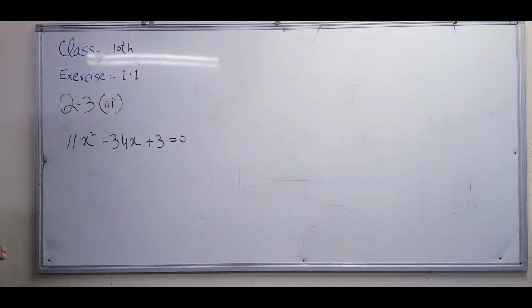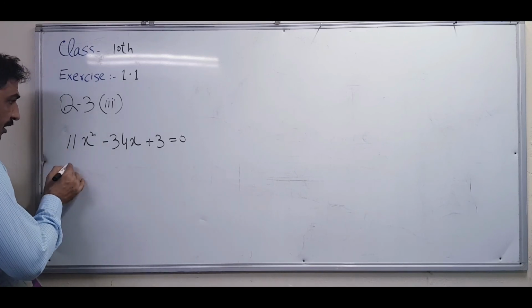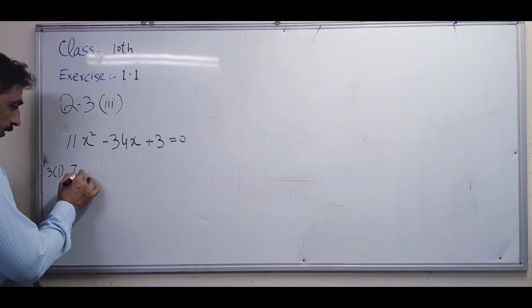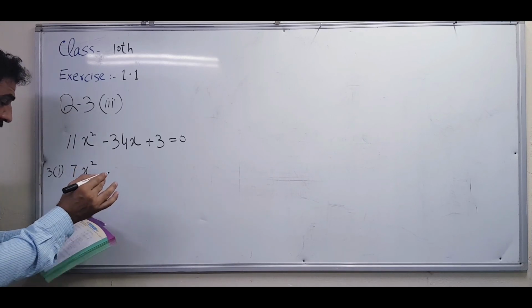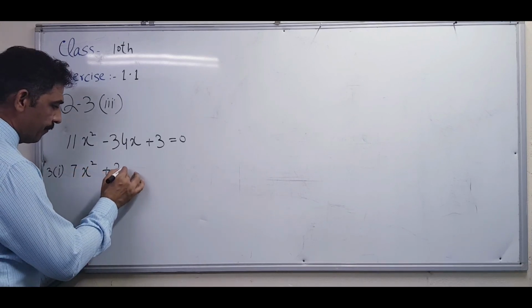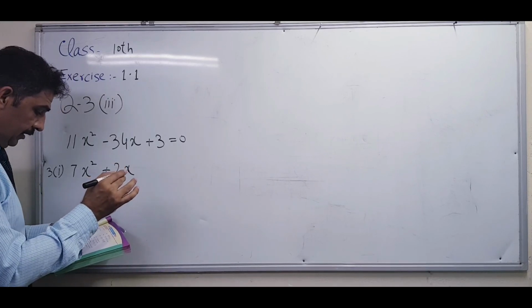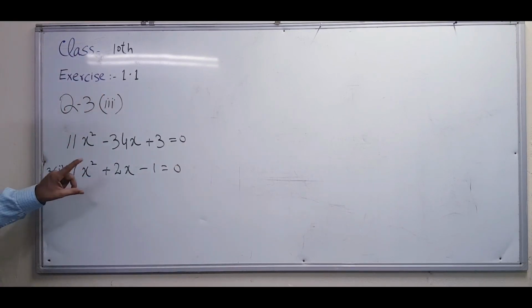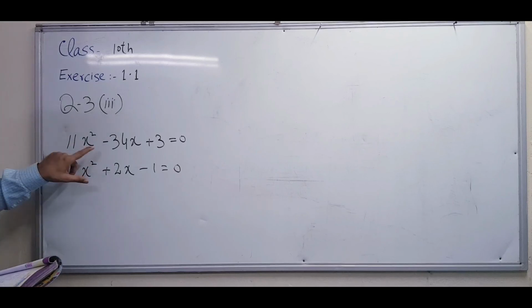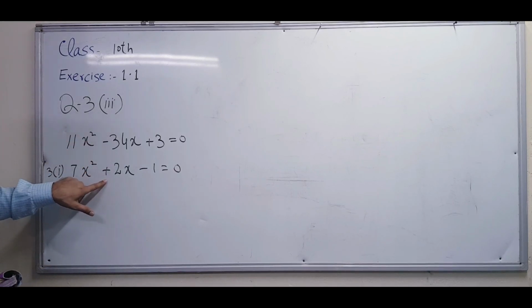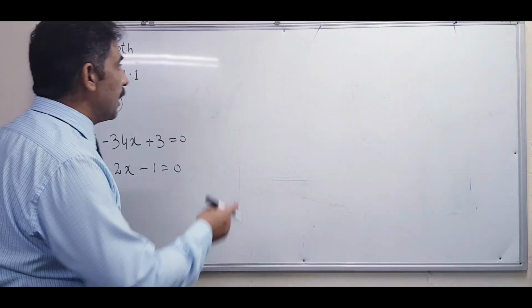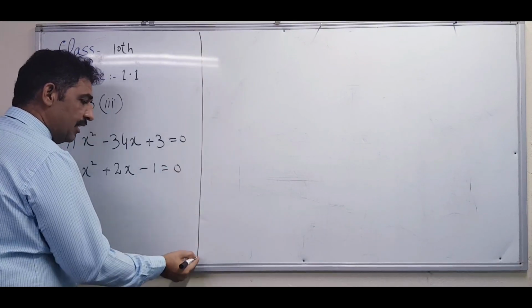And one more question, because it is same to same like the first part, I will write the statement of the first question. What is the first question? Like 3 first part, which you solved: 7x square plus 2x minus 1. Same to same like that, but there is one change. I explained that in that question. When you are solving that, here is the positive sign, but the new one has the negative sign. It means that when you make the complete square, you have to make the square of the negative number.